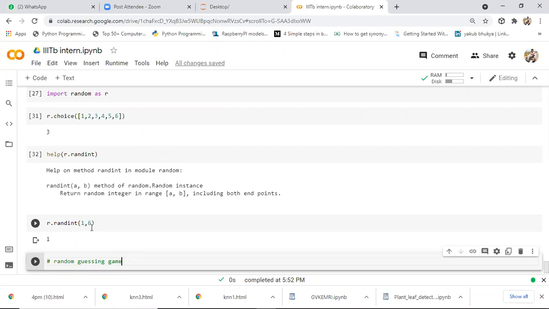To guess that randomly generated number, I need to get 5 choices. In these 5 choices, if you guess the number in the first iteration, it needs to give output like you won the game. If you don't guess the number perfectly, it needs to say you have 4 more options, try again. And if you guess the number in the second iteration, it needs to give output like you won the game. Again, if you don't guess the number perfectly, it needs to say 3 more options left, try again.